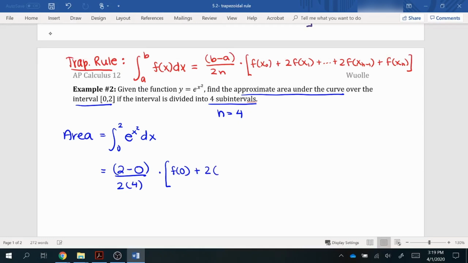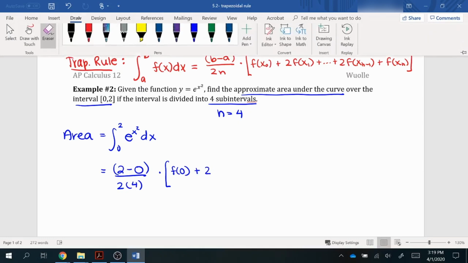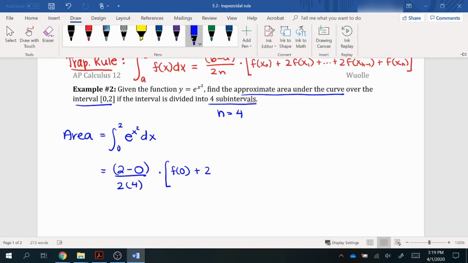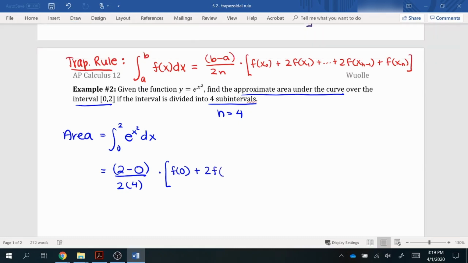Now we need to figure out what x1 is. So we need to know what our delta x is so we can figure out our next x. So delta x is going to be b minus a over 4, which gives us 0.5. So that means our next x is 0.5. And then we have plus 2 times f of 1